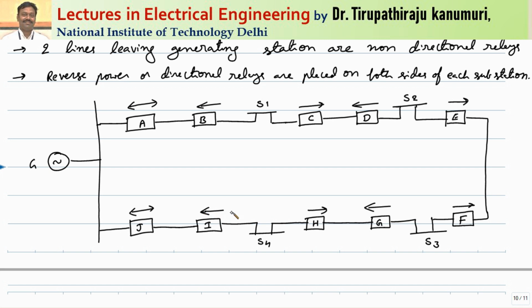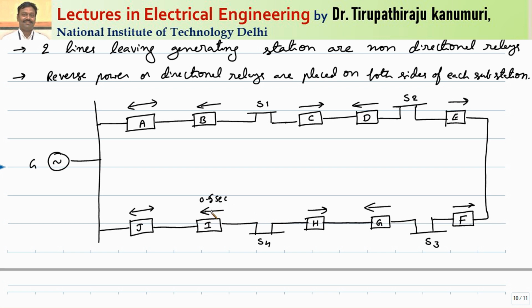Because this is against the normal direction of the fault, this will operate if the fault happens here, because generator 1 will supply the fault current in this direction to this fault. Agree with me? So then this relay should be activated. Relay I should be activated. Because we know minimum 0.5 seconds gap is required, 0.5 seconds is kept here.